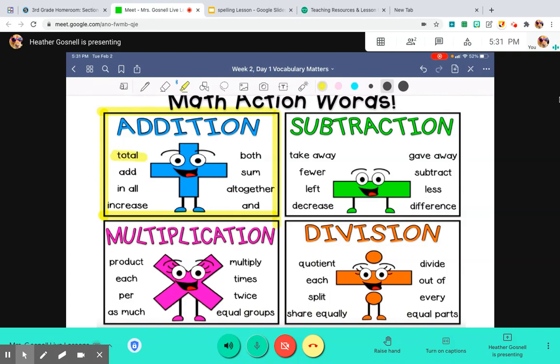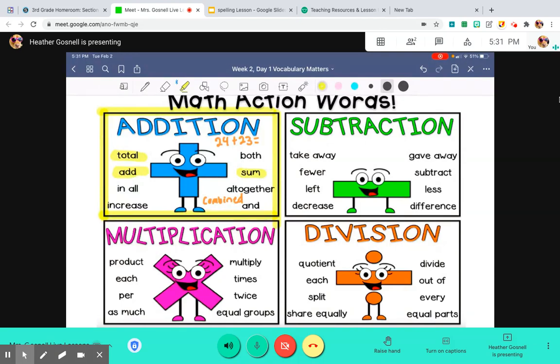So when you're adding two numbers together, like 24 plus 23, you are combining those two numbers together to get a total. You are combining those things together to get a total. I could add the word combined in here. That's a good one to add. Or combined. So to get the sum, which is another action word for addition, I need to add both of those numbers